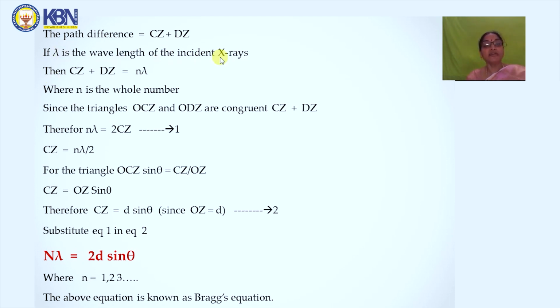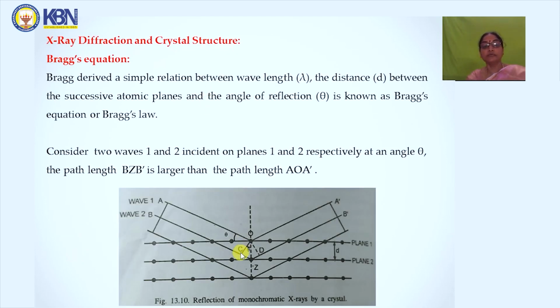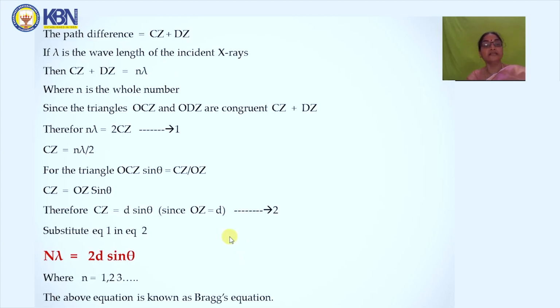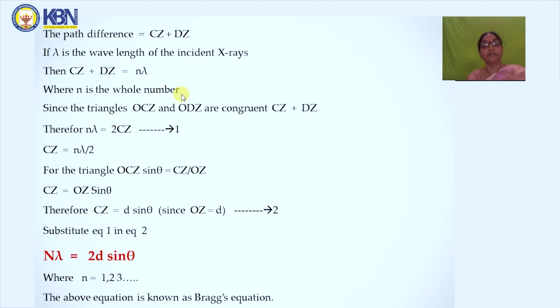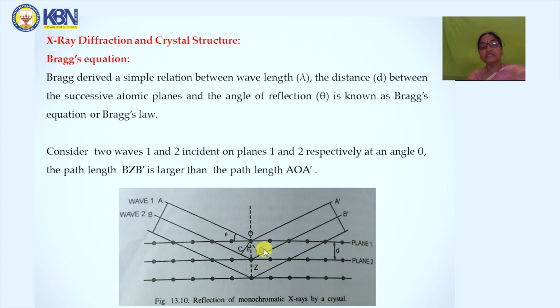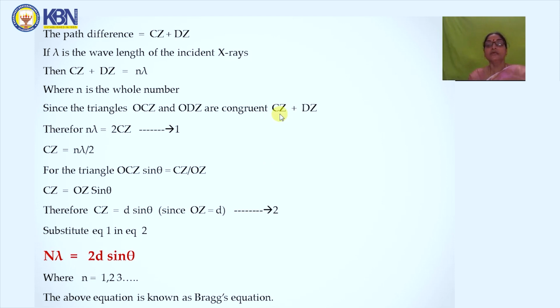If lambda is the wavelength of the incident X-rays, then CZ plus DZ is equal to n lambda, where n is a whole number. Since the triangles OCZ and ODZ are congruent, CZ plus DZ, that is n lambda, is equal to 2CZ. So CZ is equal to n lambda by 2. (equation 1)